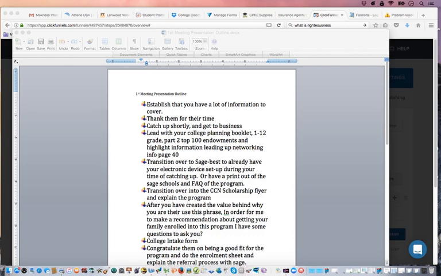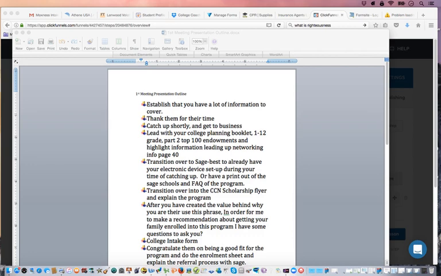So I am a stickler for making sure that the details are there for each person. I definitely want to go over the first meeting presentation from an outline perspective so you have the details necessary from step to step of how to go through this appointment so you're comfortable. These are things you can practice on your own before you sit in front of people, because you don't want to come across as an idiot in front of them. They know you, they like you, they trust you, and you don't want to ruin those relationships. So let me transition you through the details that are necessary to be comfortable when you go out and meet with these families.